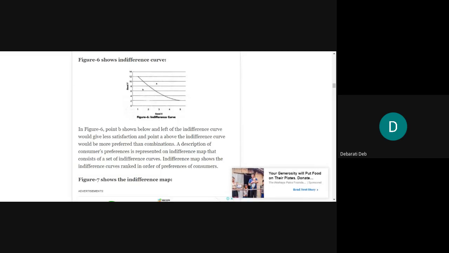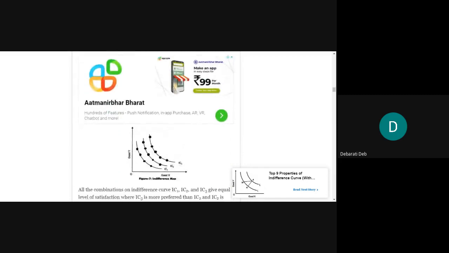Because here when I say one indifference curve will have a higher level of satisfaction than the other indifference curve, that means I'm talking about more than one indifference curve. So when there are more than one indifference curves on a single graph, that is called an indifference map. You'll see this is a picture of an indifference map. In here, there is a set of indifference curves, IC1, IC2, IC3. These are indifference curves. They have been named 1, 2 and 3.